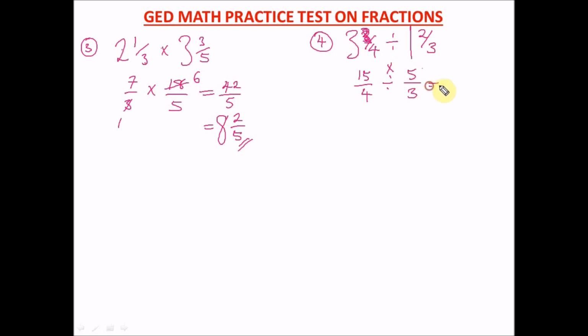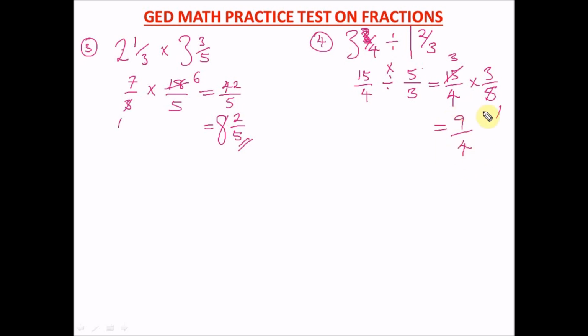So here it becomes 15 over 4 times 3 over 5. Okay, so from here, what can go? All right, 5 here can go, a 5 would go here 1, and 5 in 15 will go 3 times. So we're left with 3 times 3, which is 9 over 4 times 1, which is